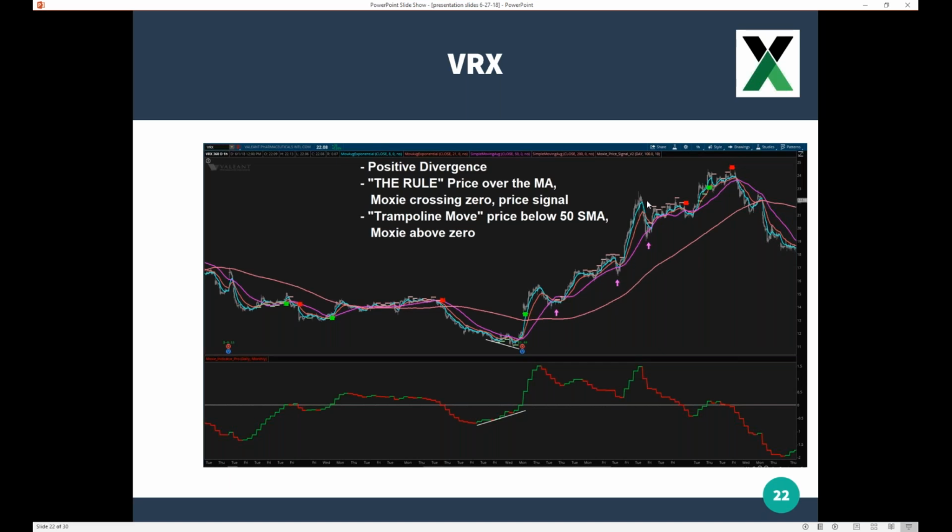And it takes off. Now, I would be taking profits off something like this because it's just been screaming. I'm not sure what the percentages are. Always good to cash green checks. You always want to keep putting money into your account. And then we do get a drop, but you know what? That's not our official exit yet. And we still have an actual trampoline move here. Price below the 50, indicator still above 0.